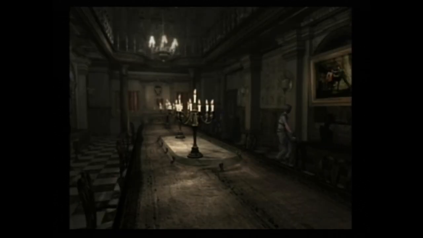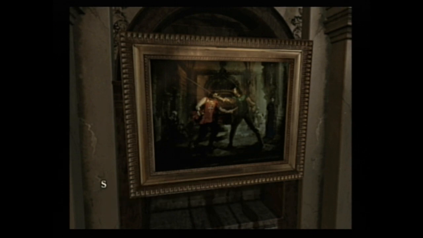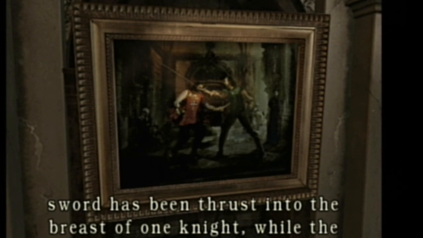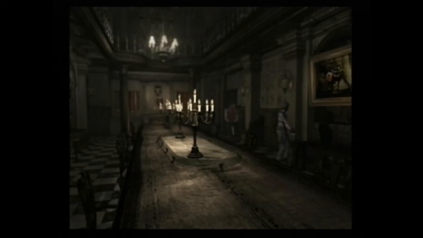This painting right here is just one example of that. A picture of two knights striking each other. The short sword has been thrust into the breast of one knight, while the long sword has pierced the head of the other. Stuff like this can easily give you the creeps, and to make matters worse, as you're leaving...